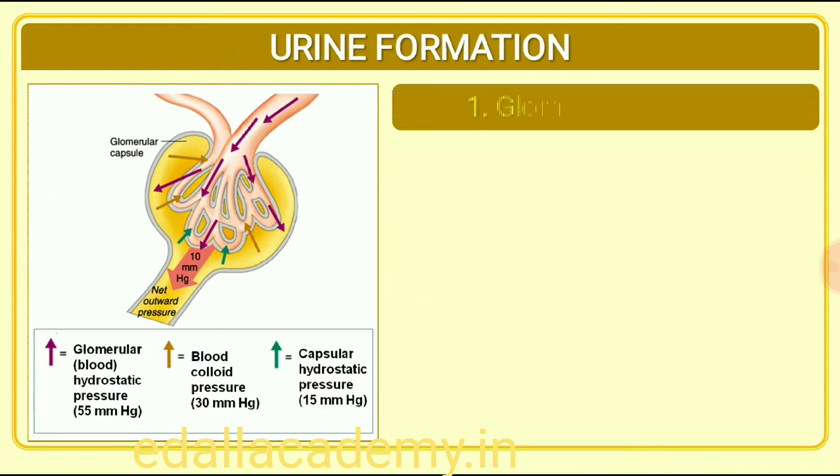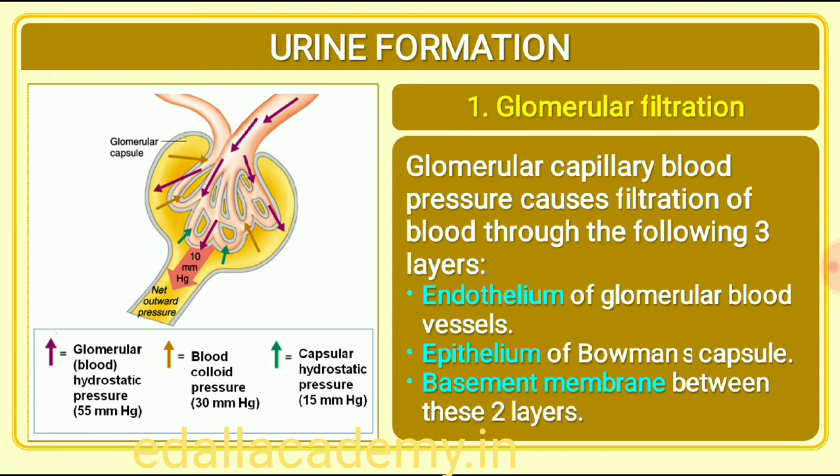19.2 Urine formation. Urine formation involves three main processes, namely glomerular filtration, reabsorption and secretion, that take place in different parts of the nephron. The first step in urine formation is the filtration of blood, which is carried out by the glomerulus and is called glomerular filtration. On an average, 1,100 to 1,200 milliliters of blood is filtered by the kidneys per minute, which constitutes roughly 1/5 of the blood pumped out by each ventricle of the heart in a minute.